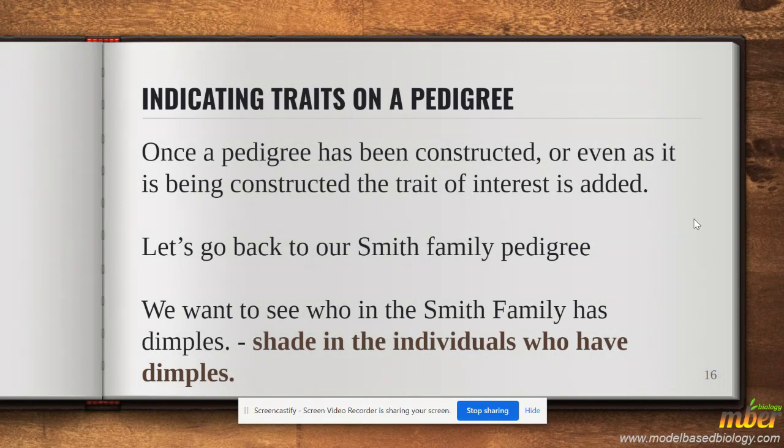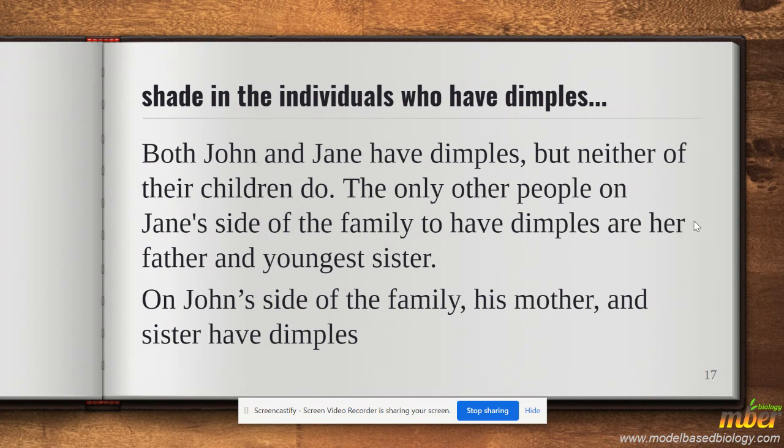Okay, so how to indicate traits on a pedigree. Once a pedigree has been constructed, or even as it is being constructed, the trait of interest is added. Let's go back to our Smith family pedigree. We want to see who in the Smith family has dimples. So we're going to shade in the individuals who have dimples. Both John and Jane have dimples, but neither of their children do. The only other people on Jane's side of the family who have dimples are her father and youngest sister. On John's side of his family, his mother and sister have